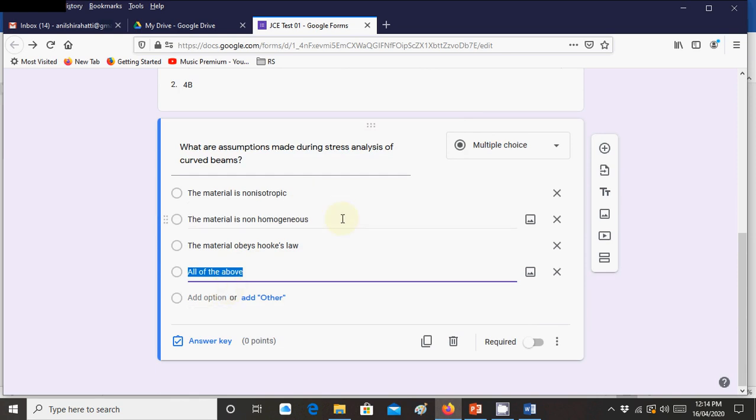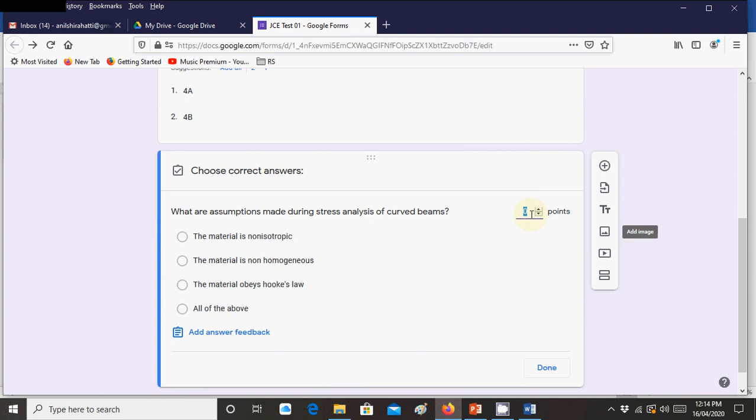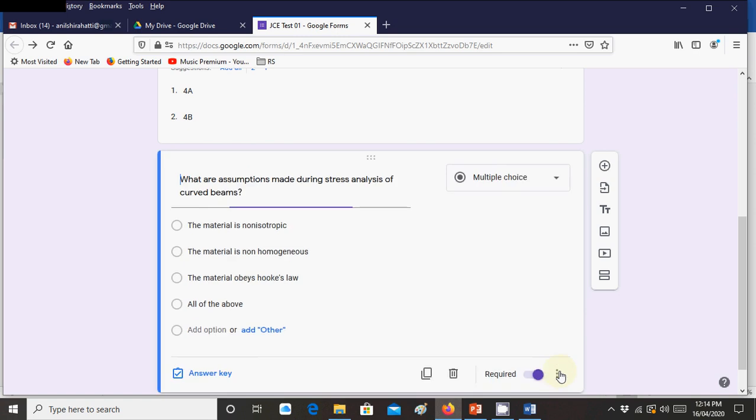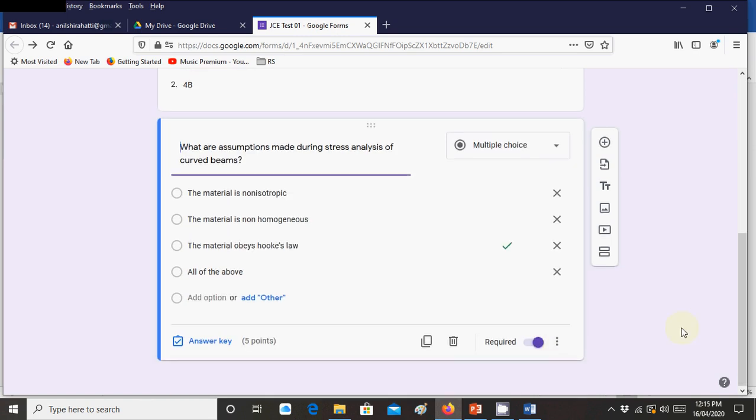So now once you do this, say required, compulsory, and go and click the answer key. Here you can define how many marks you want to assign. Let's say I am assigning 5 points, means 5 marks, and then you have to decide which answer is correct. In this case, let's say answer C is correct. So click this one and say done. So first enter the marks, select whichever correct answer, and say done. So this part is done now.